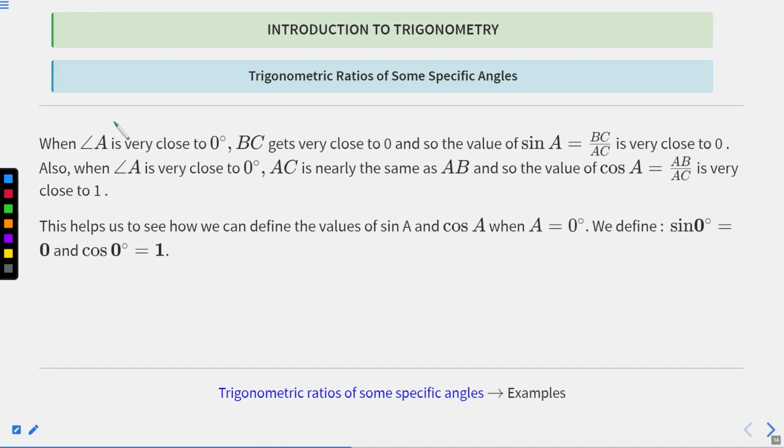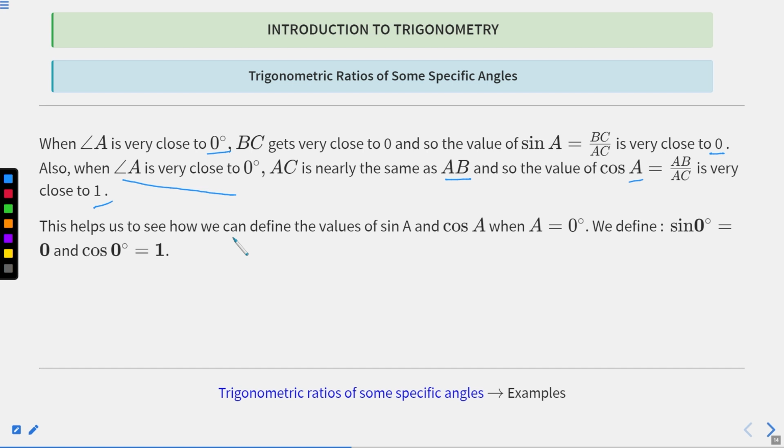Okay, so when angle A is very close to 0 degrees, then BC gets very close to 0, and so the value of sin A, which is equal to BC by AC, is very close to 0. When angle A is very close to 0 degrees, then AC is nearly the same as AB, and so cos A, which is equal to AB by AC, is very close to 1. Okay, so this helps us to see how we can find the values of sin A and cos A when A is equal to